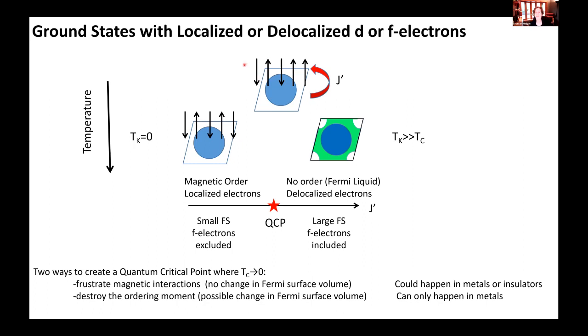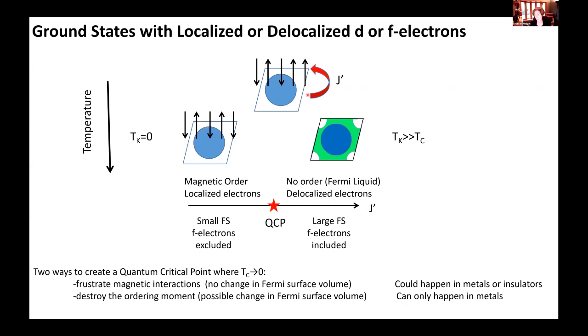So say I start up here at high temperature, and I have found a system in which we have localized D or F electrons, so localized magnetic moments. But they're in a metal, so there's some sort of exchange coupling between those moments and the extended states of the conduction electrons. So 2 things could happen as you lower the temperature. The first is that those electrons remain localized and they continue to bear their magnetic moment, and all that would happen as you lower the temperature is that they could undergo magnetic order. And so we have localized electrons with magnetic order as our ground state if the exchange is weak.